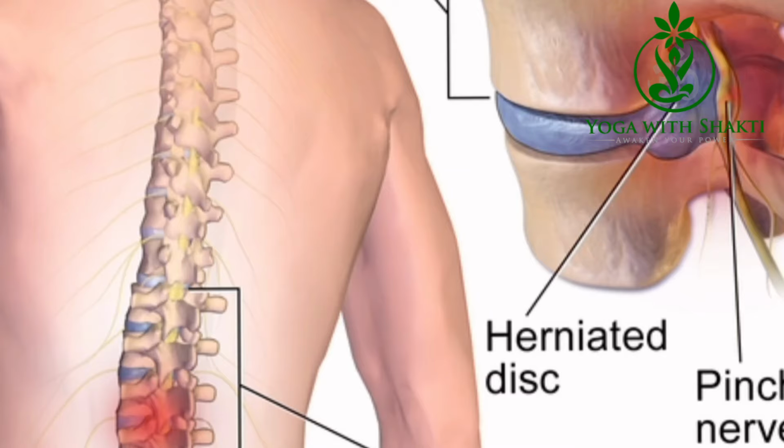So there are blocks of vertebrae. We have 33 vertebrae. In simple language you can understand, there are small box, 33 box, and between the two boxes there is a jelly kind of disc in between two boxes or in between two vertebrae, which gives a flexibility to our spine. And when we do prolonged sitting, we are sitting many hours at one place, our posture